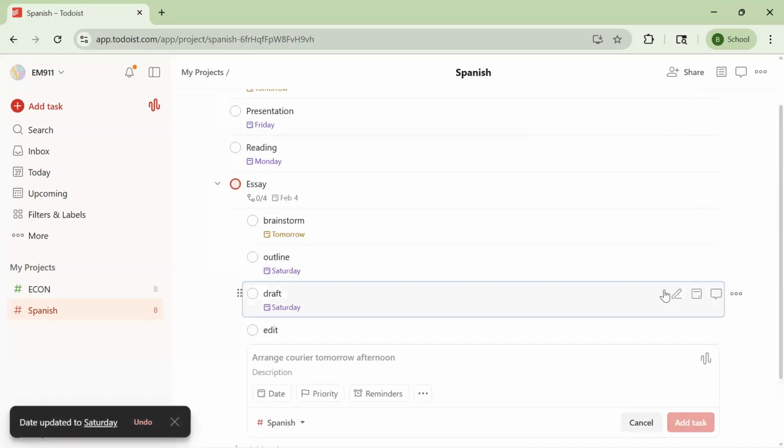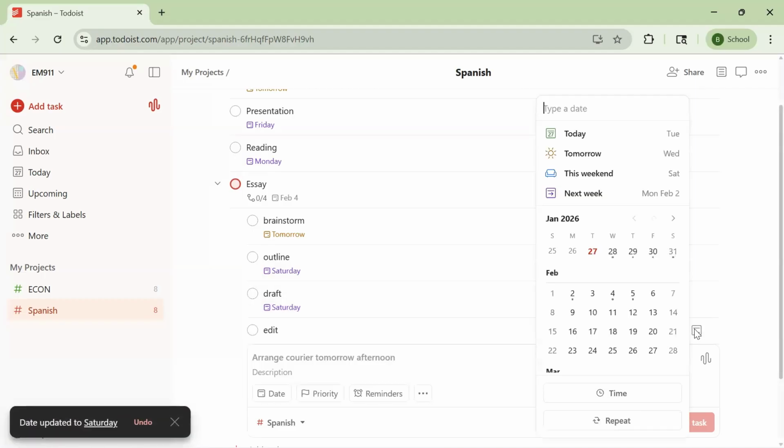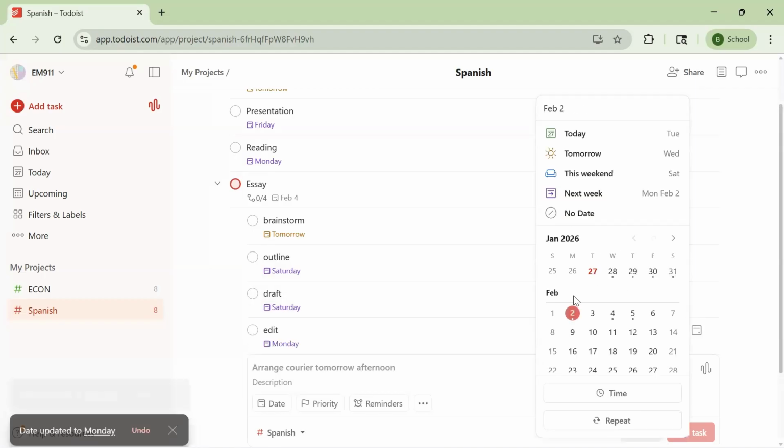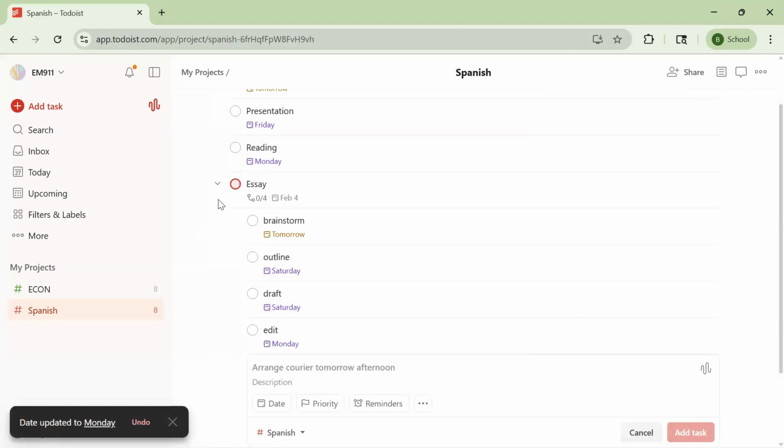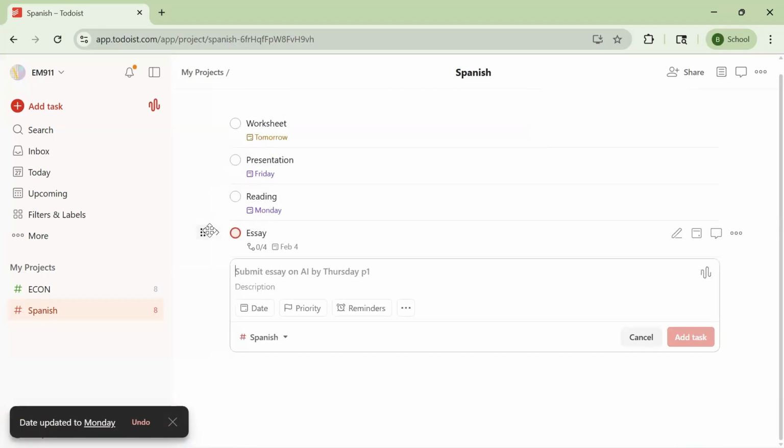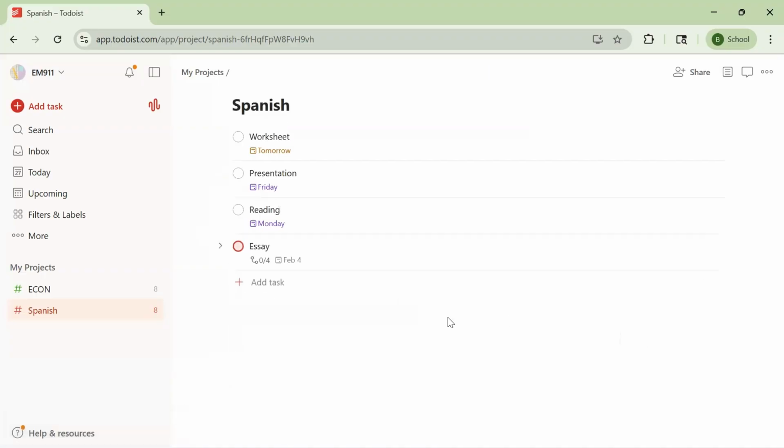So this weekend, and then if we say edit on Monday. So that can be really helpful. And then the subtasks view, you can click this arrow to bring them down, make them appear above. So something else really interesting about this is that by clicking, so if this is what my view looks like,